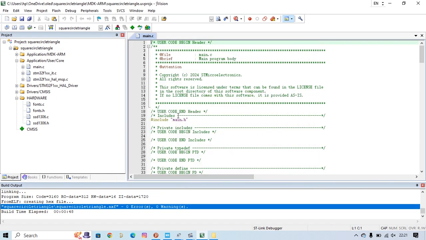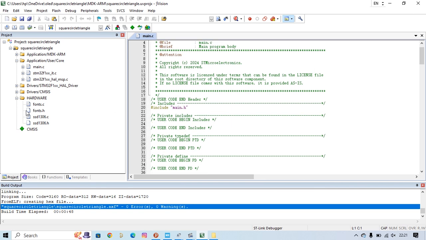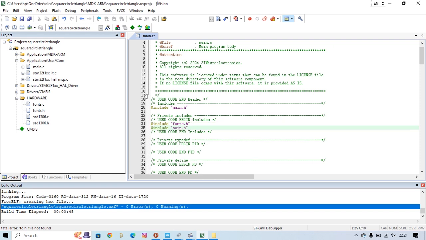The next, we are in main.c. Go here, and then you have to declare the font, and you have to declare the STM32F103C8T6 header. The next,